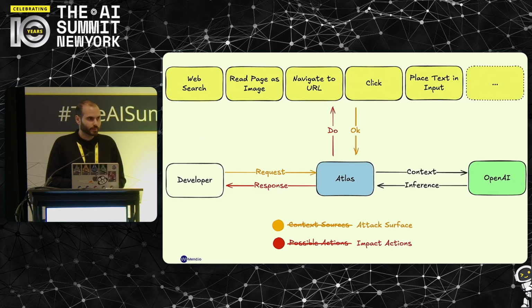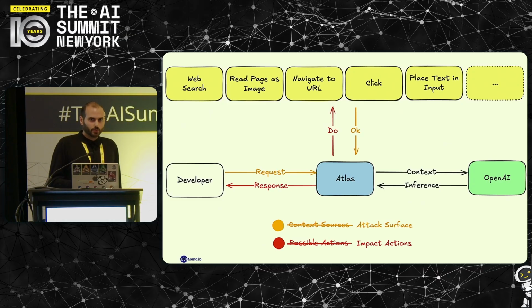So what does it mean to you? It means that there are more ways to do indirect prompt injections. There are more tools, right? And also there are more bad actions that can happen out of that. So now, if someone managed to convince the agent to do something bad, it can, I don't know, go to your LinkedIn and change the password. If you're logged in the browser to your bank account, it can go, click the button, approve, approve, approve, transfer money. Right? And prompt injection can also come from a new direction. Now it can come from images on the website. Maybe an image on the website can contain text that will convince the agent to do something bad.